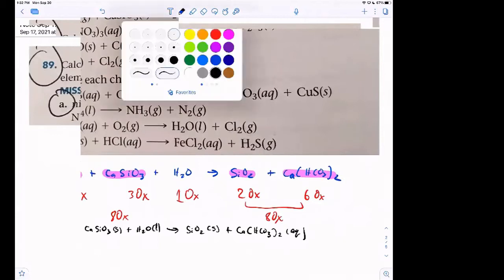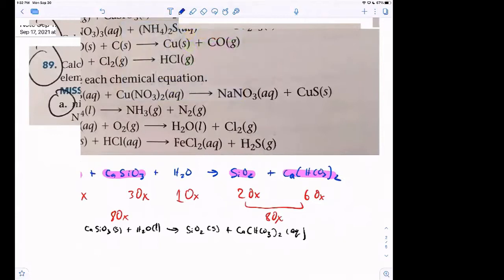Yeah. Awesome. Okay, so for B, I'm going to show you another trick. Let me write it down so I have more room. Cobalt nitrate, it'll be cobalt 3 nitrate, plus ammonium sulfide, makes cobalt 3 sulfide, plus ammonium nitrate. So you can balance, so something to note here